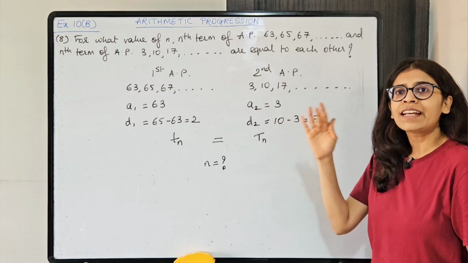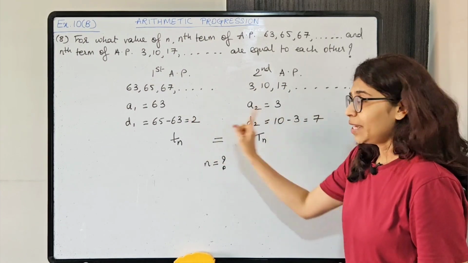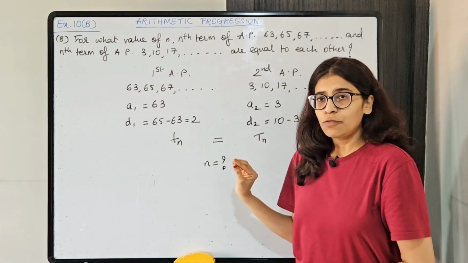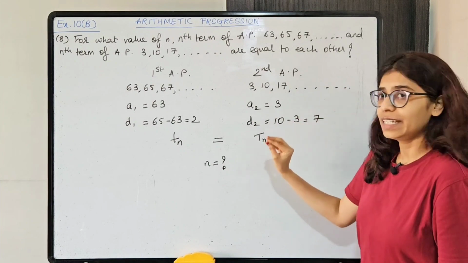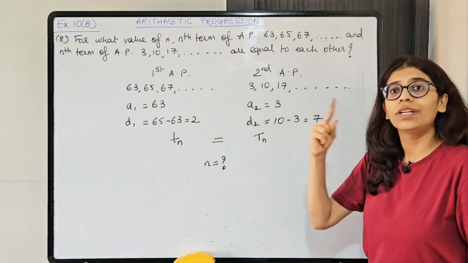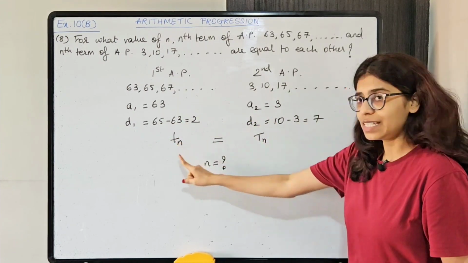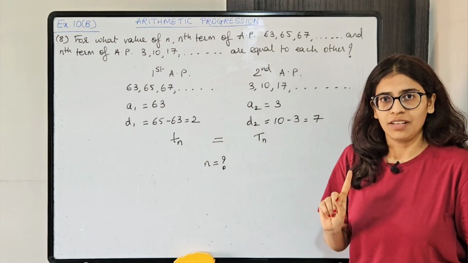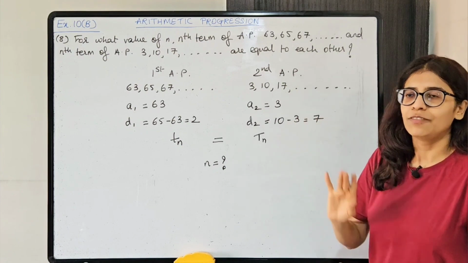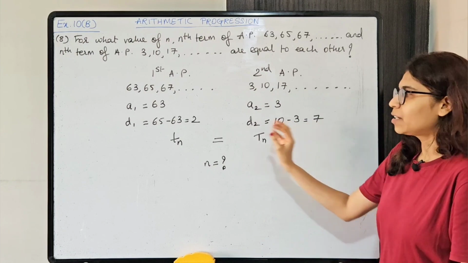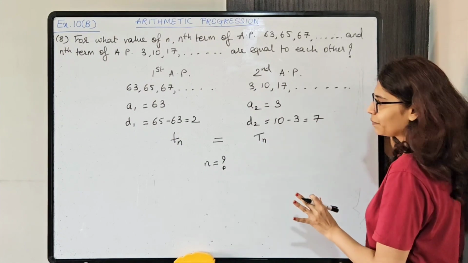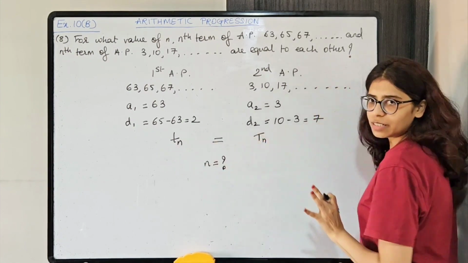Okay, try to understand the question. Now two APs हैं, दोनों का A and D we know, it's very easy to find out. They have asked कौन सा ऐसा n का वैल्यू है जिसके लिए दोनों का nth टर्म इक्वल है. So दोनों में n is same and Tn is also same actually. Okay, so n and Tn both are same. We'll have a look at that in the end. Terms भी same मिल रहा है but we'll look at that in the end. जब solve हो जाएगा उसके बाद हम लोग देखेंगे. So Tn is equal to capital Tn.